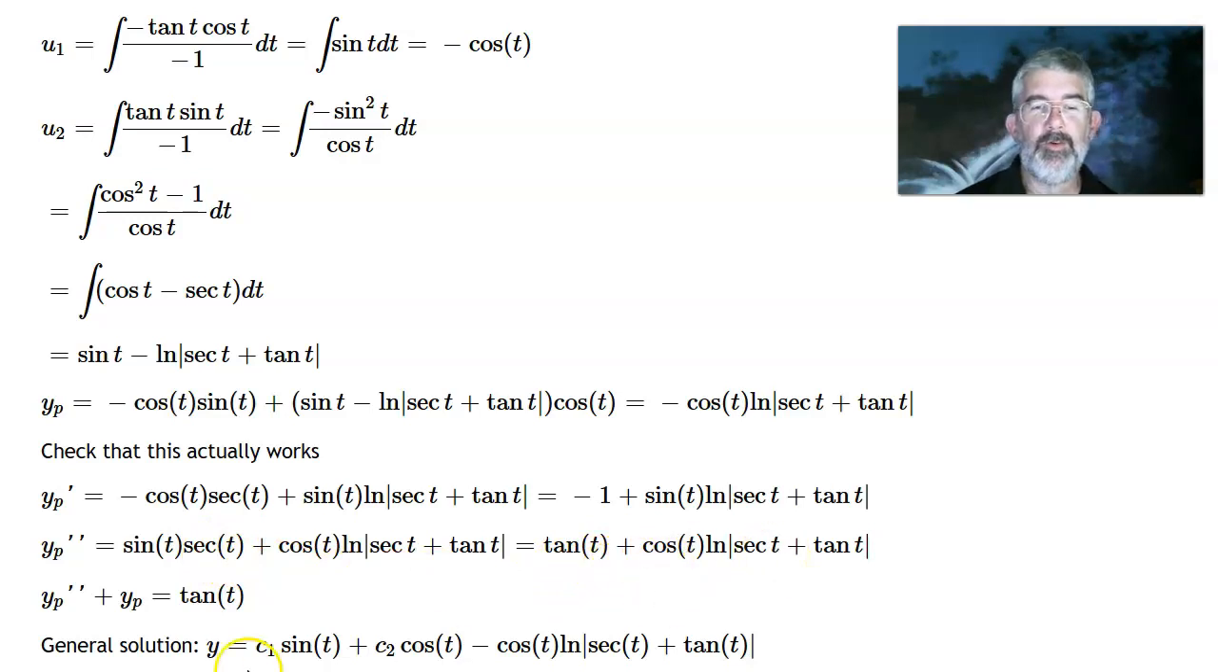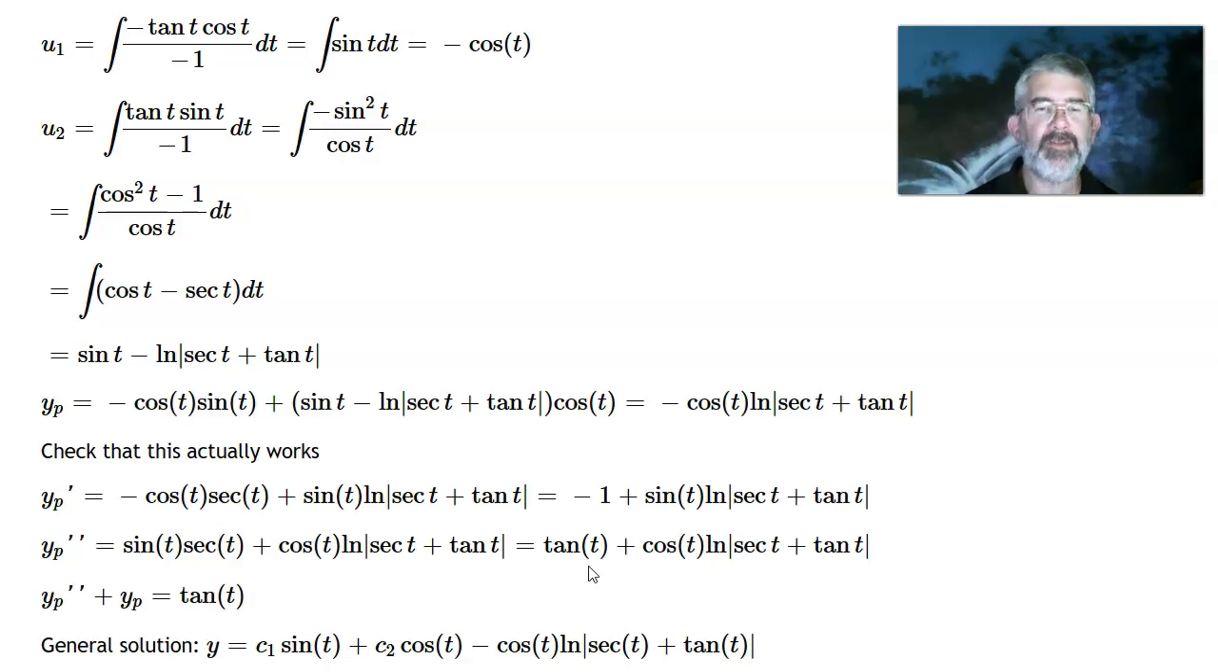Now, is it true? Is yp double prime plus yp equal to the tangent? That was the original differential equation. Does it work? And there's the second derivative, and there's the original function. Yeah, those two things cancel out, leaving just a tangent. So indeed, we have created a monster. No, we've created a solution to the